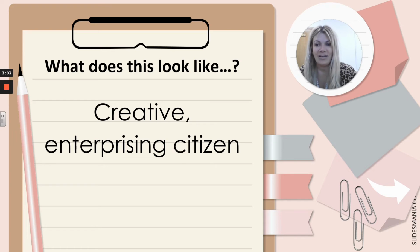And then enterprise. Now, year 5, we should be good at this because we did our Dragon's Den a few weeks ago where we were enterprising. If you're enterprising, again, it's identifying maybe a problem and it's thinking about ways that you can overcome that problem. So when we were in our Dragon's Den presentations to Mrs. Giles a few weeks ago, we had to come up with a new bin because we looked at the local